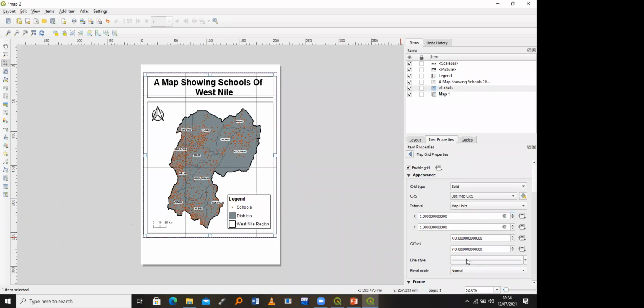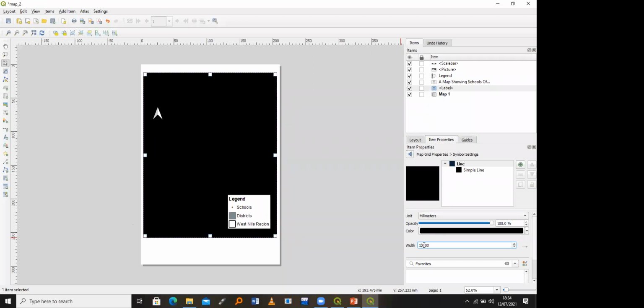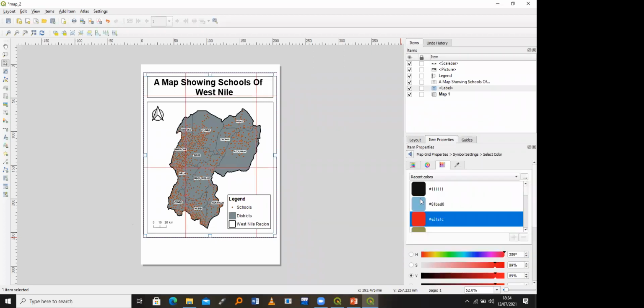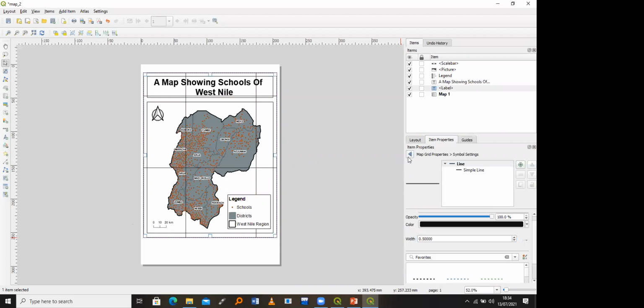So you can also change the line style. You can change its width. You can make it like 0.5. You can make it even 1. You can make it 0.8. It depends on what you want. Let me make it 0.5. Yeah. You can even change its color. Some people like red. But I leave it as black and then I'll go back. Yeah. Then after there,